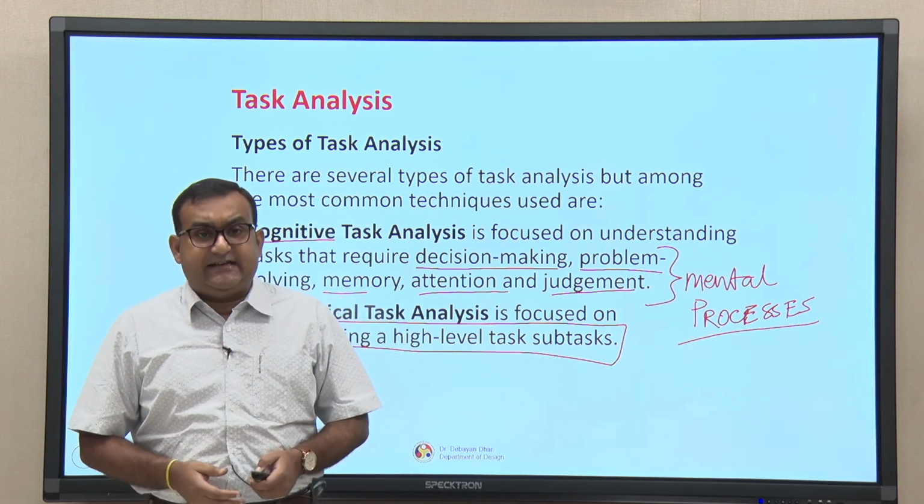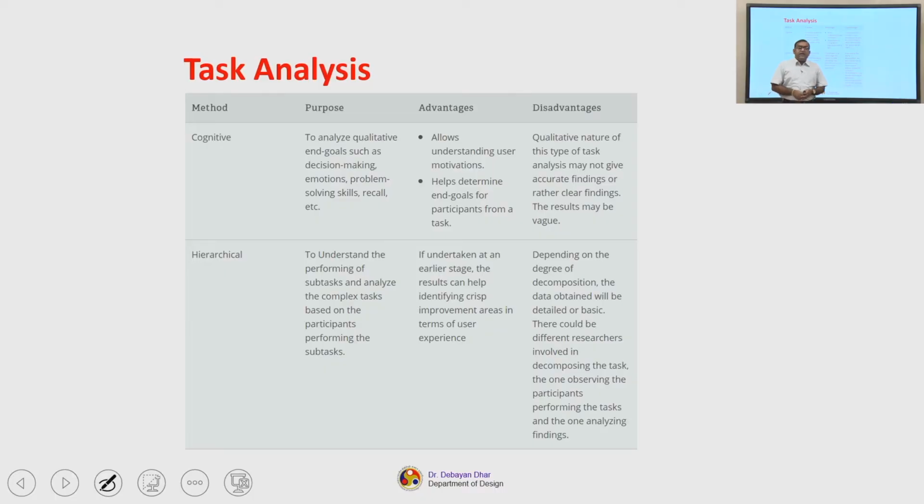We will discuss this in detail now. So, the difference between these two practices, the cognitive and the hierarchical task analysis, is this. The purpose of a cognitive task analysis is to analyze the qualitative end goals such as decision making, emotions, problem solving skills, recall, etc., while the hierarchical task analysis purpose is to understand how the subtasks are being performed and how these complex tasks are being